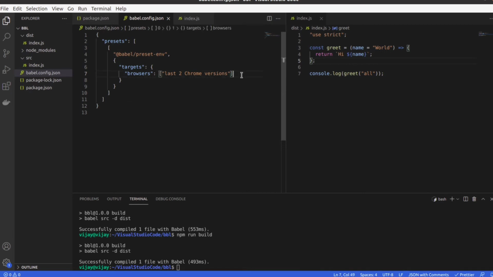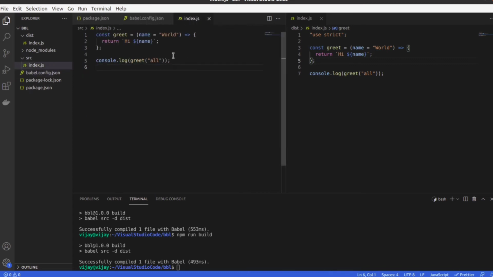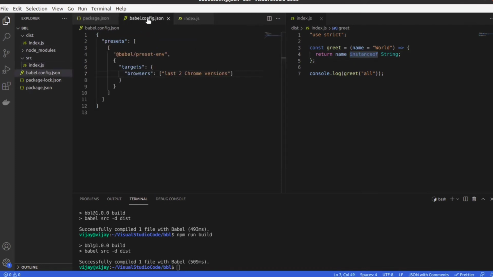The next thing we are going to see is Babel plugins. So we will do some changes in the code to better understand the plugin purpose. Here let me say name instanceof String. So we are checking a boolean whether the passed parameter is a string. So if we run the build, we can see the same works in the destination as well.